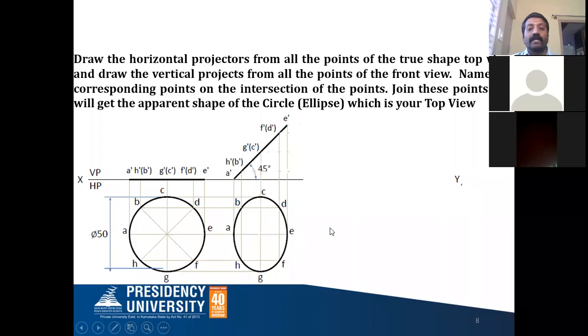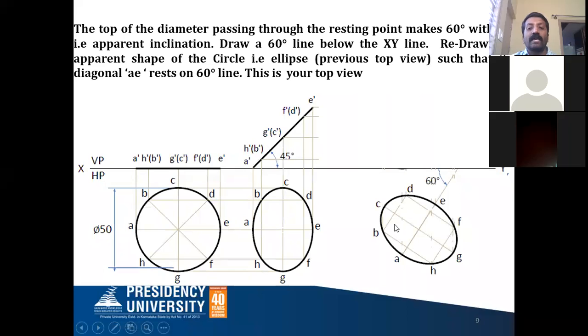So now the next sentence says the top view of the circumference, that is, the diameter. Which is the circumference as a diameter top view? AE. So yes, it is clearly indicated in the last sentence of the question: the top view of the diameter passing through the resting point. So which is the point which is resting? A. The top view of the diameter. So which is the top view of the diameter?